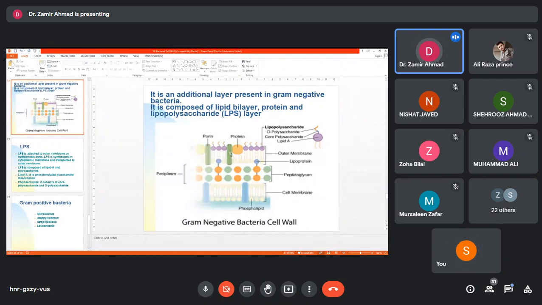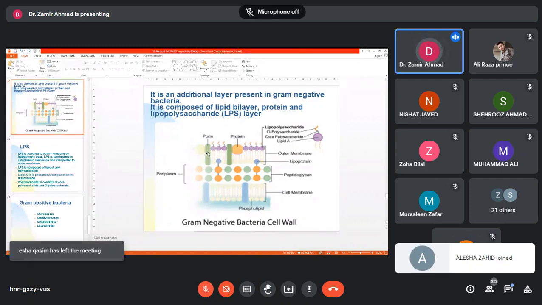Transmembrane proteins again, and porins are actually these channels which are responsible for the transport of certain substances. Again, they are mostly protein in nature. Bacterial porins are the channels for the transfer of substances across the membrane.